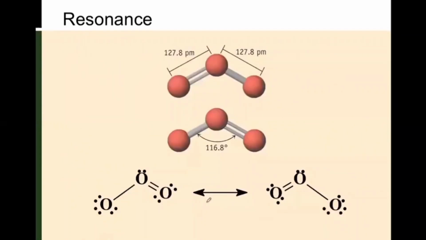I really find it's easier to describe it in a picture like this. So this is ozone, O3. So these are two Lewis structures for ozone. And what we end up with is a system where two of the oxygens are double bonded and the other is singly bonded, but there's no real reason as to why one should be single and one should be double. So both are possible, and what we end up with is kind of